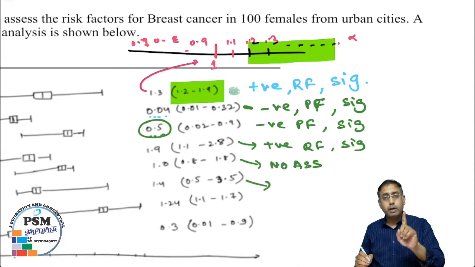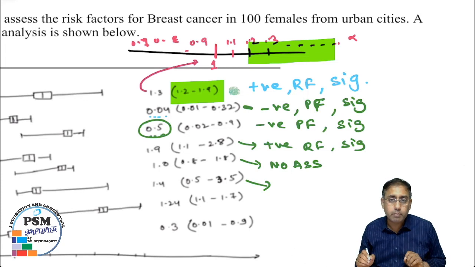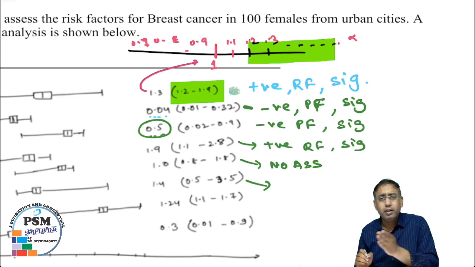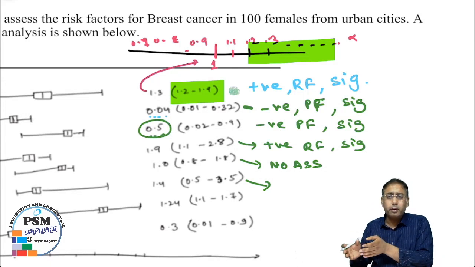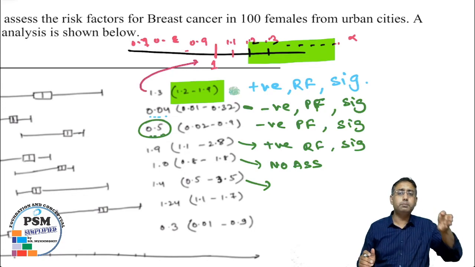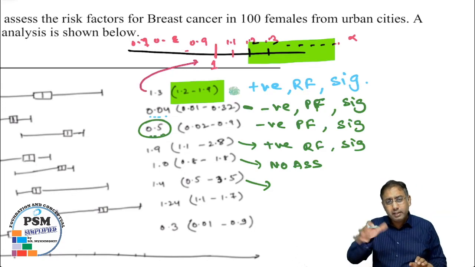The odds ratio is 1.4. Next, the odds ratio is 1.4, but now look at the confidence interval range. It ranges from 0.5 to 3.5. Sometimes it is 0.5, protective factor. Sometimes it is 1, no association. Sometimes it is positive, that is risk factor. This type